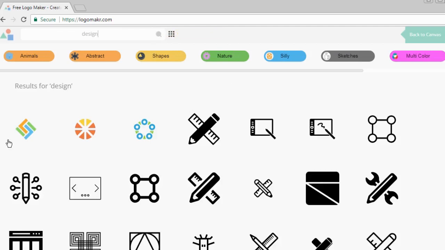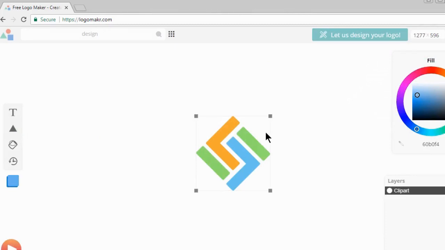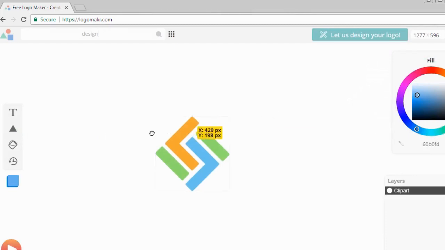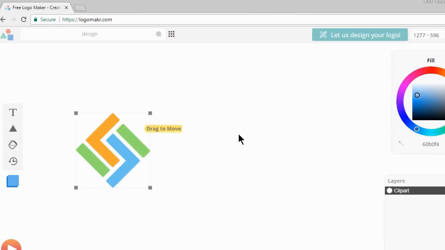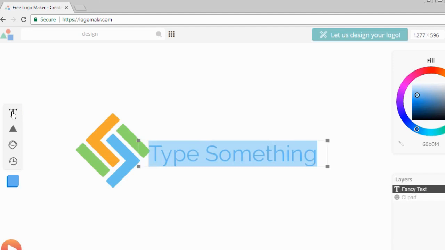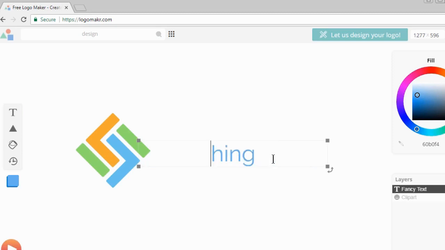Okay, so I particularly like this one, so I'm going to click on that one. You can drag and move. I'm going to drag and move that there for a while and just drag this to the corner. You can also add text to your logo, so by clicking on this T thing that stands for text. So what you can do, you just type in the text you want. For example, if I typed in, say, digital,